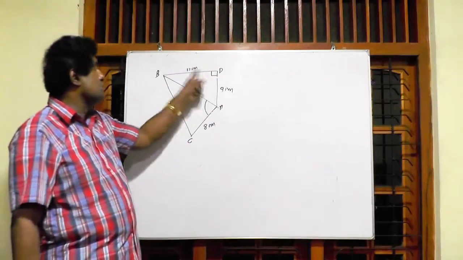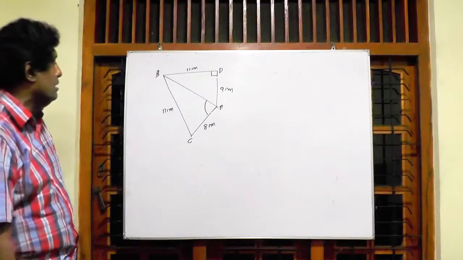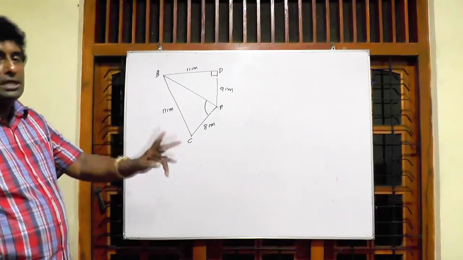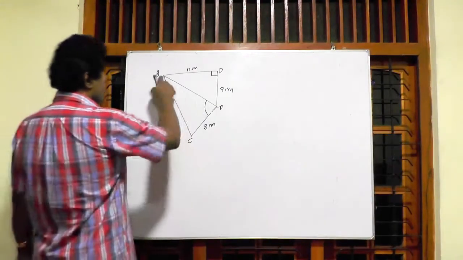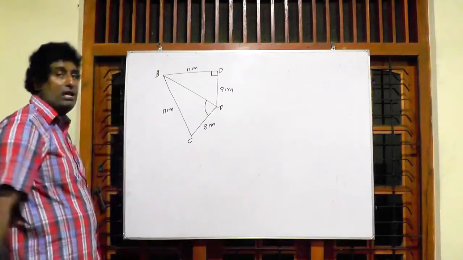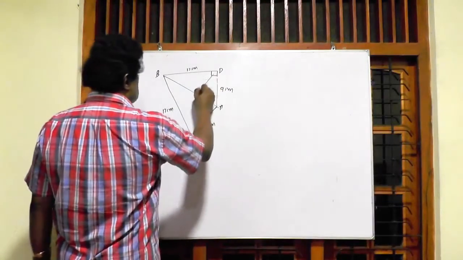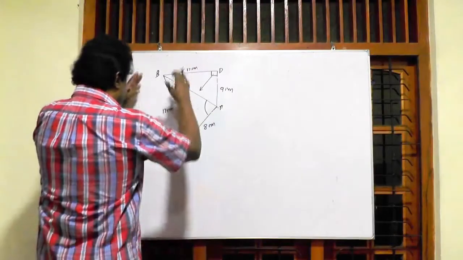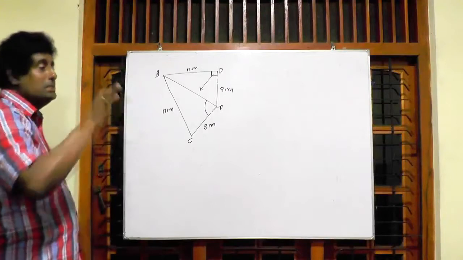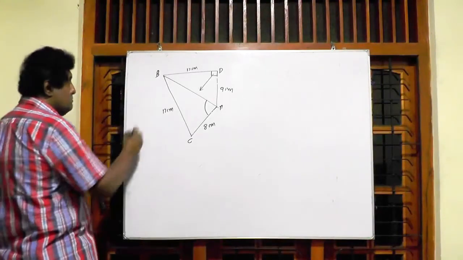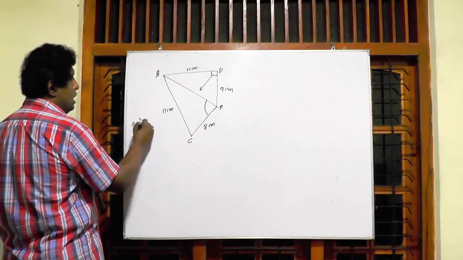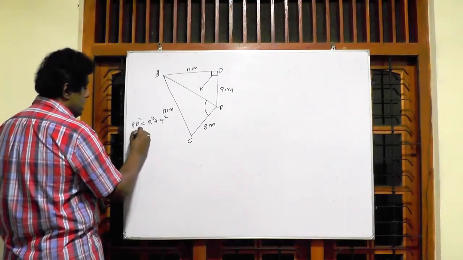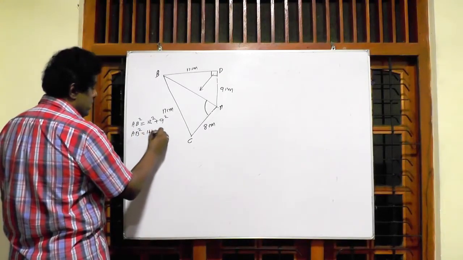When given the lengths of two sides of any right angle triangle, the Pythagoras theorem can be used to get the length of the other side. Then what is AB? AB is the hypotenuse of the triangle ABD because AB is opposite to this right angle. This side is known as the hypotenuse of this triangle. Then according to the Pythagoras theorem, we can write AB squared equals 12 squared plus 9 squared. Then AB squared equals 144 plus 81.